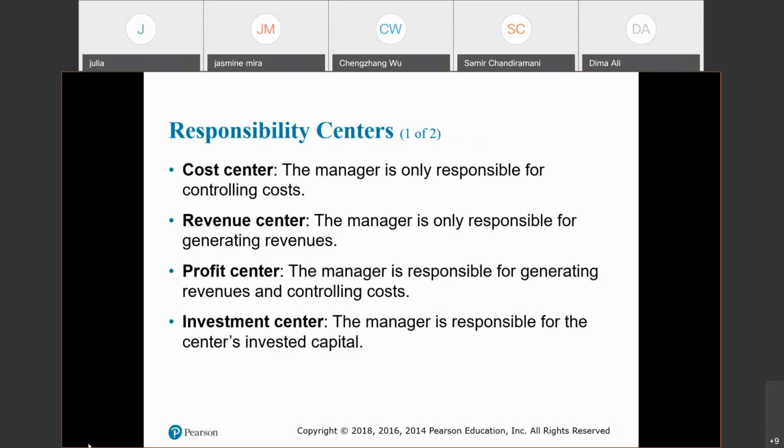The second type is revenue center. Well, in the revenue center, as you have guessed, the manager is only responsible for generating revenues. An example is a kiosk machine that sells sunglasses at a local mall. This is an example of a revenue center. The business is part of a chain, so the local manager doesn't control cost. The merchandise inventory is purchased by a central purchasing department, and the rent paid to the mall is negotiated by